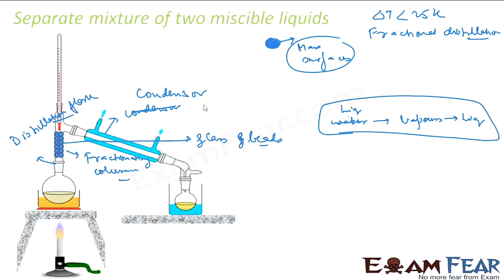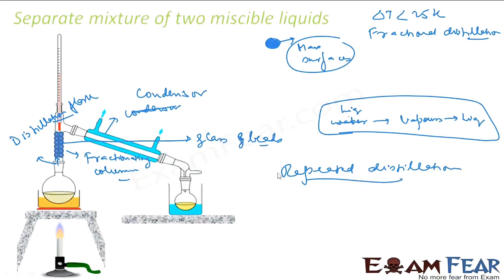and the glass beads provide more surface. When the vapors come in touch with the glass beads and get the surface, they cool down, because the glass beads are a little cooler. Then again it heats, and again it converts to vapors. If you don't have the glass beads, from here to here is one distillation process. But the moment you have more glass beads here, it's a repeated distillation. So because of the glass beads, we have repeated distillation.